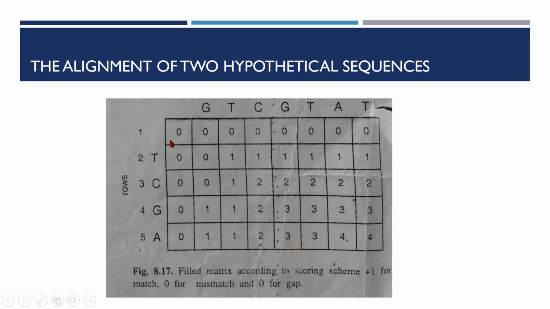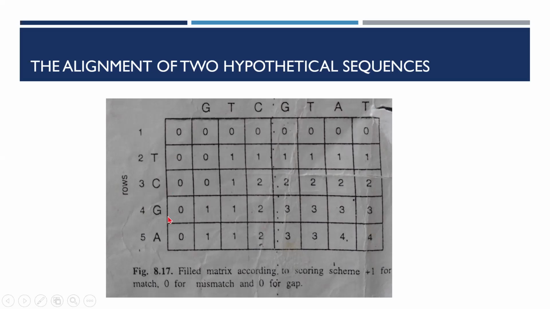And the number of columns and number of rows depend on the length of the sequence. See here, if you take the length of this sequence, which is taken on the horizontal axis, it is 1, 2, 3, 4, 5, 6, 7, right? So when the sequence length is 7 characters, the number of columns should be 8. In the previous slides, I discussed that it should be m plus 1 columns and n plus 1 rows, isn't it? So the sequence taken on the horizontal axis has a length of 7 characters. So the number of columns is 8.